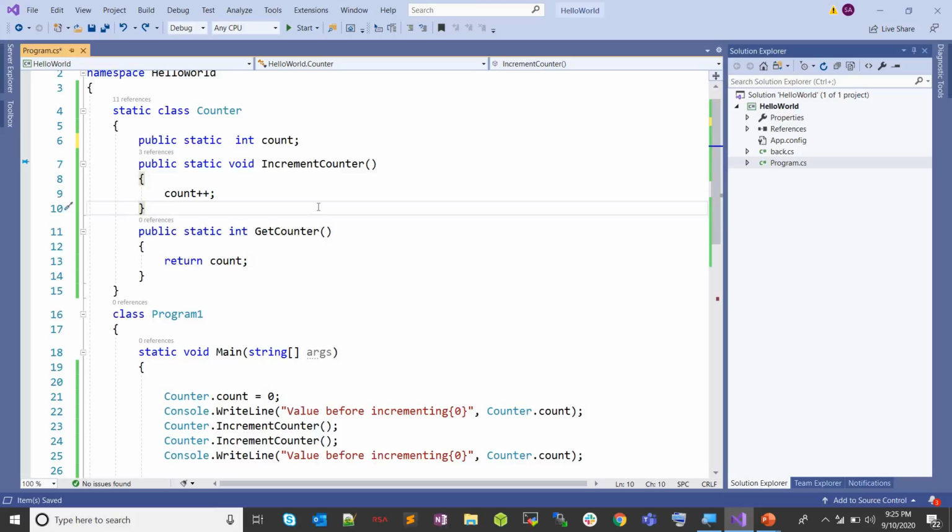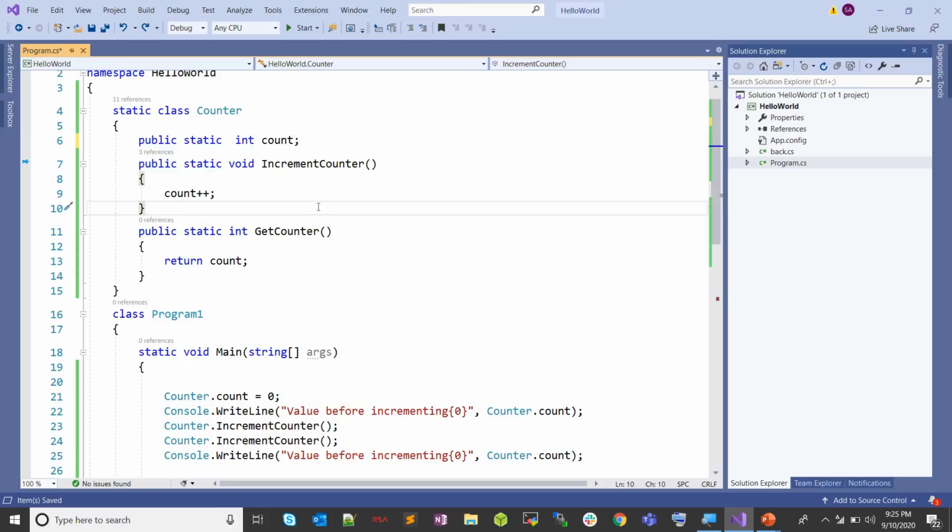As a whole, what we learned is that a class, a method, or a variable, anything can be static. Second, if you are creating a static class, you cannot create an object of it. Third, if you are creating a static function, you cannot access that function using the object name.